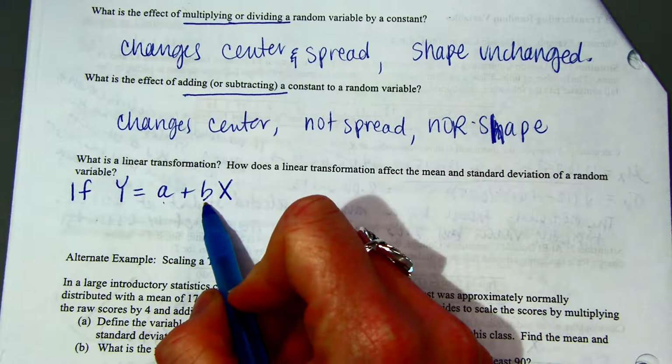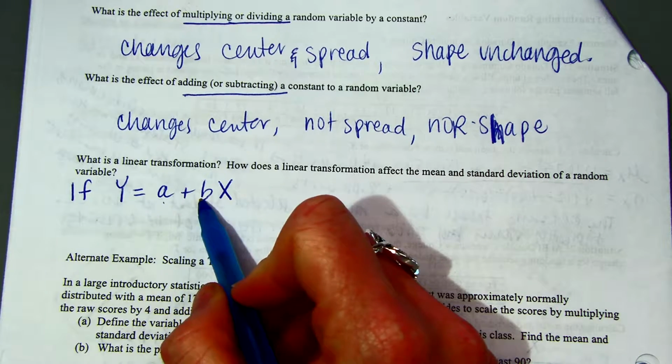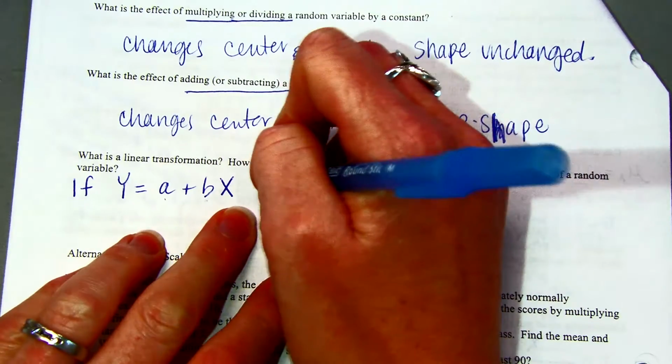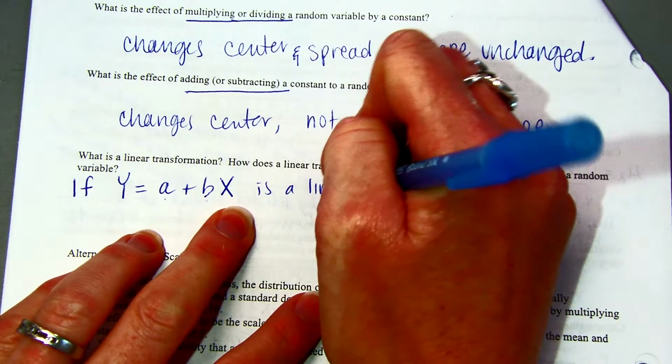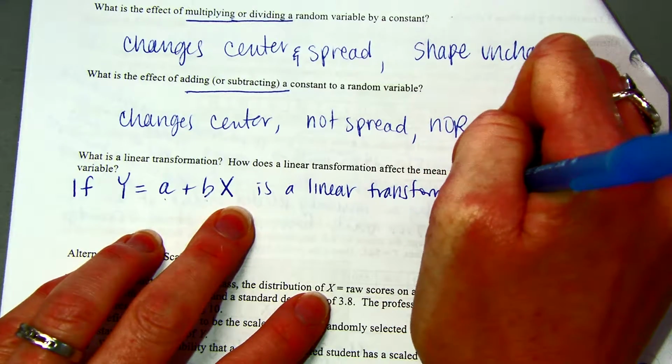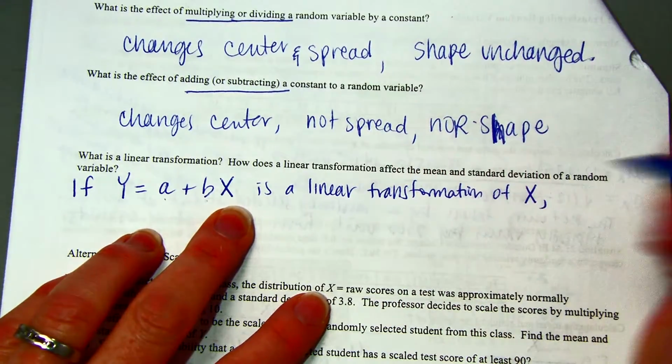It could just be an addition, it could just be a multiplication, it could be a combination of both. If y equals a plus bx, it is a linear transformation of x, then